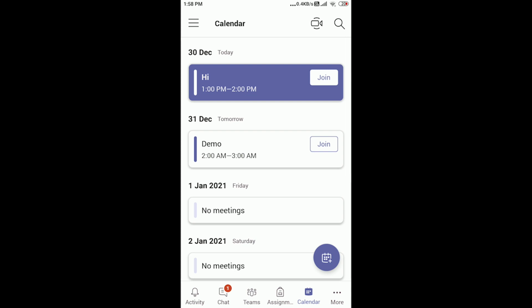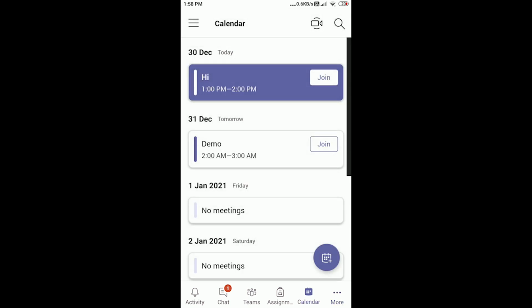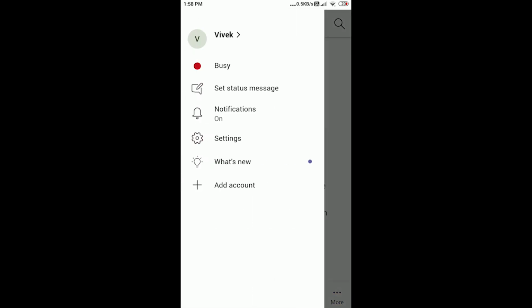This is all about the calendar event notifications that we can see here. Click the more option, and you can integrate other applications here. If you want to add any applications or integrate an application with Microsoft Teams, you can integrate it from here. Okay, and here we can see three bars. Here we can add another account also. A lot of options in here, we can use those also.